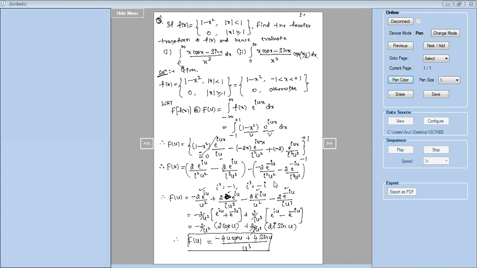Right. And after finding a Fourier transformation of this, you have to find two more things in this, the value of this one and this. So whenever you have a problem on Fourier transformation, and if they ask you to evaluate something, you have to use the inverse Fourier transform concept. We did that in the previous first problem actually. So let us use the same thing and find the value of this integral and this integral. Okay, later if you have any doubt, we'll discuss.